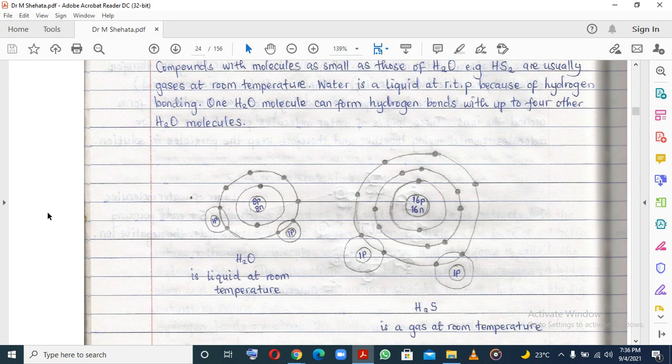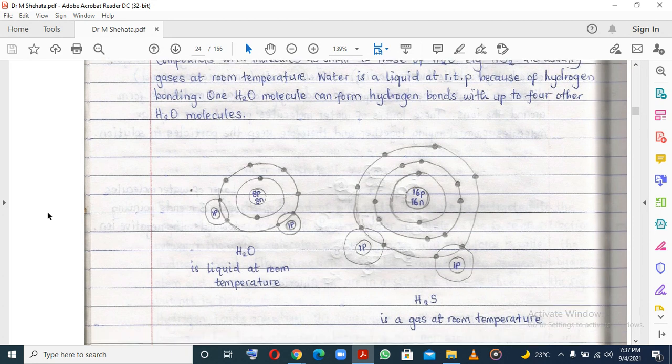Because of the hydrogen bond. Something we've already talked about, which I emphasized today and also yesterday, is that one water molecule can form hydrogen bonds with up to four other water molecules. I even showed you a schematic diagram some minutes ago, and I did the same yesterday. So the fact that water is a liquid at room temperature is very amazing, because many compounds,